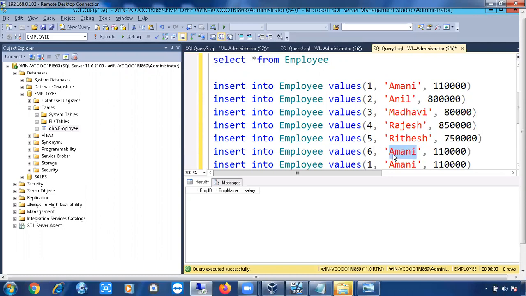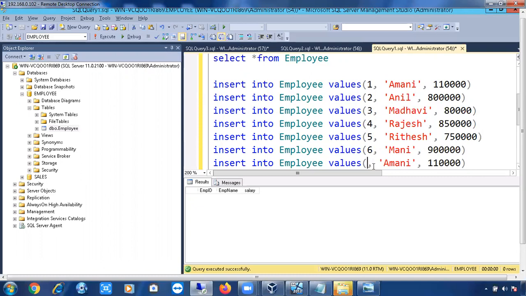After Ritesh, we have Saujanya, money, and I'm giving you 9 lakhs package. And seventh record. Saujanya, again I'm giving you 9 lakhs package. So in this way I just edited.